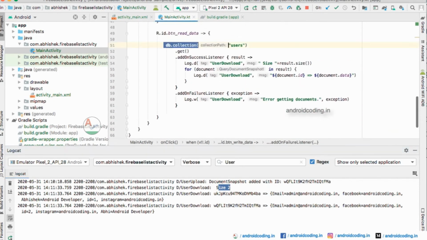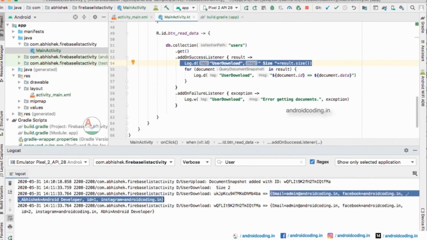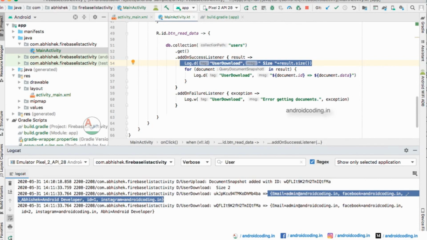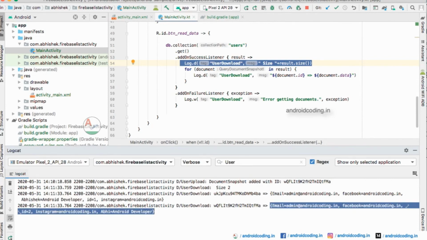Just for your sake I have printed it because you will understand. Here you can see the size of the result, and our data is loaded from the first document here, and the second document here. See ID 2 and ID 1.